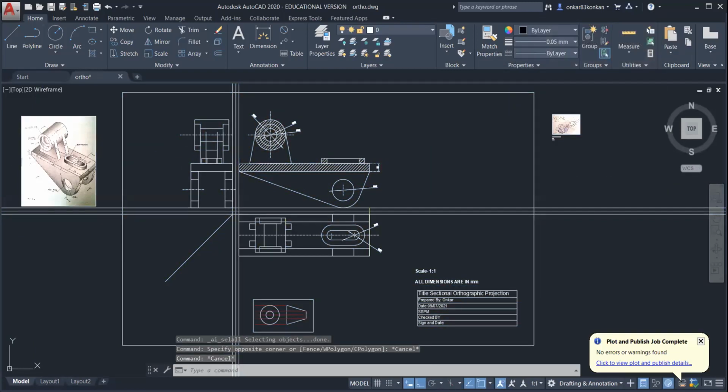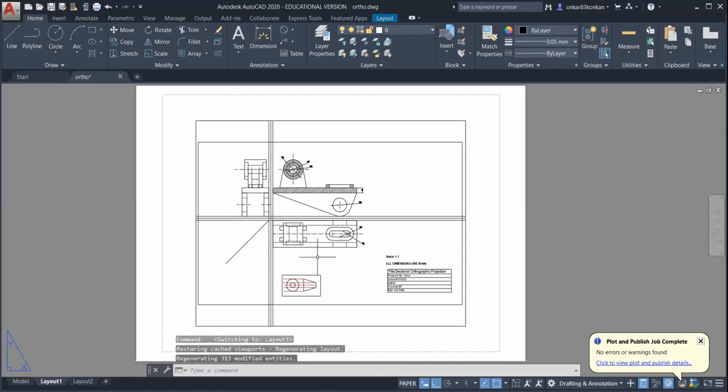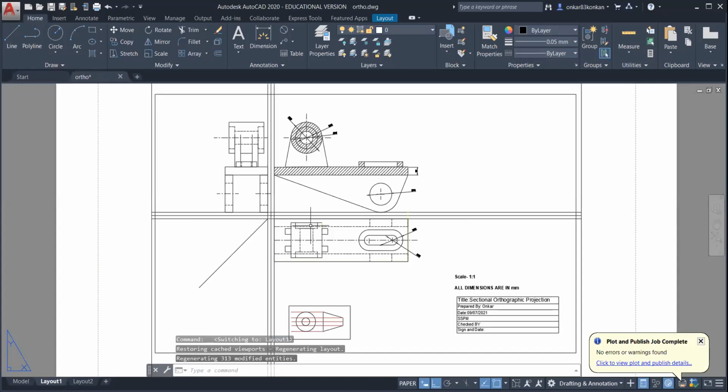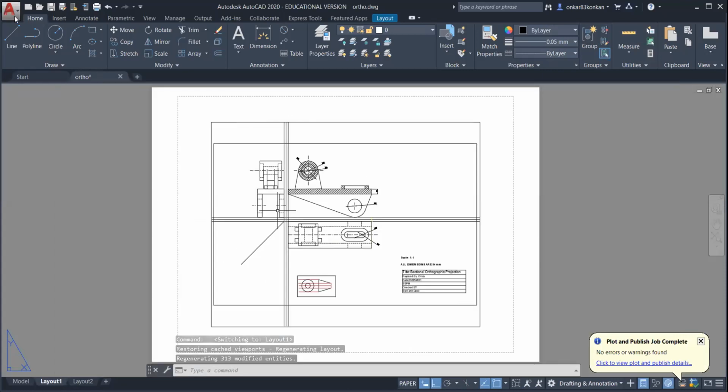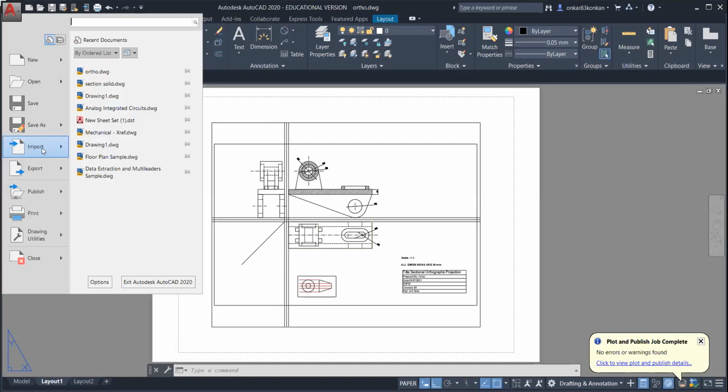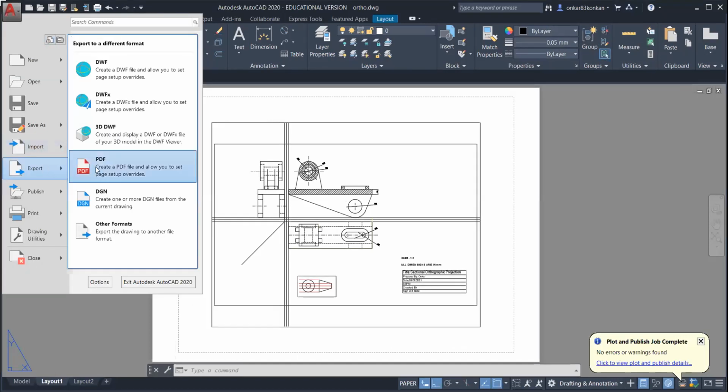You can press Control S. Now check the layout. Okay. And if you save this document, again we should export this to PDF.